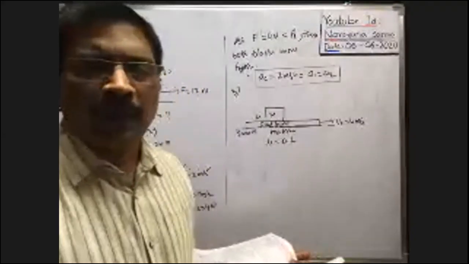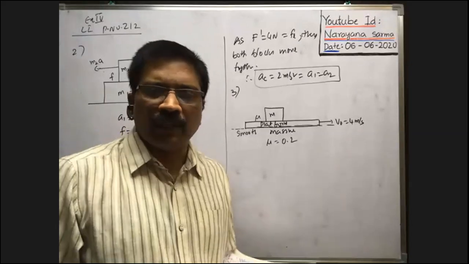A block of mass m is kept over this one. So a stationary body of mass m is slowly lowered onto the rough massive platform, moving at a constant velocity of 4 meters per second. Find the distance the body will slide with respect to the platform, mu is equal to 0.2. Here the surface on which the platform is kept is smooth. The coefficient of friction between the block and the platform, mu equal to 0.2, is given. Okay, all of you look at the board now. I will upload the video.